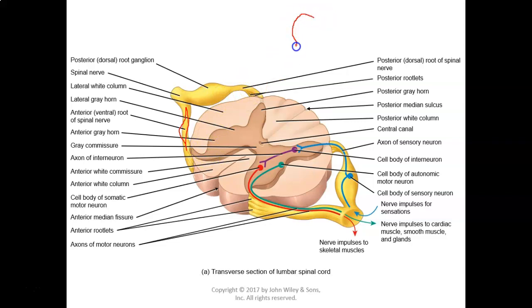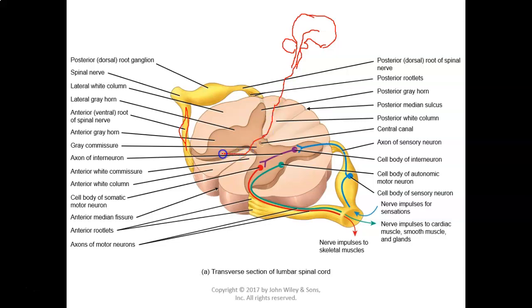So we draw brain, cerebellum, medulla, pons. Not a horrible brain, that's not very good at all, but that's okay. Right from the brain, that motor information travels down the spinal cord, down,